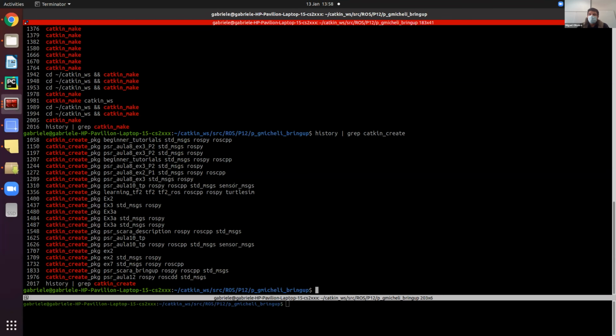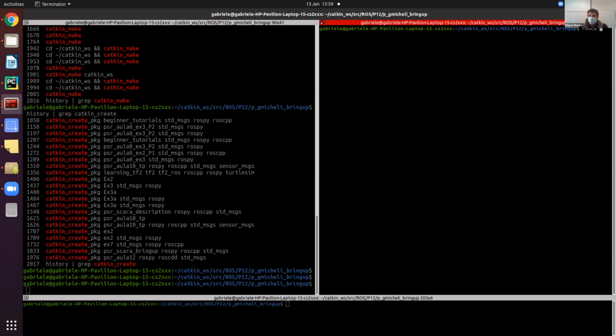No, again, no. Catkin make is used to compile C code, which we don't use, or to compile messages or services, which in this case we don't have, and that's it. What I need to do is to somehow tell ROS to search again for packages, for the list of packages. This is done in one of two ways. First, by creating a new terminal. So in a new terminal,